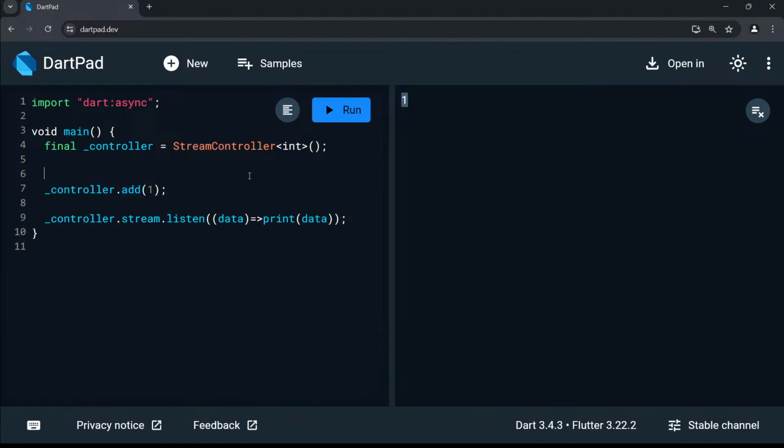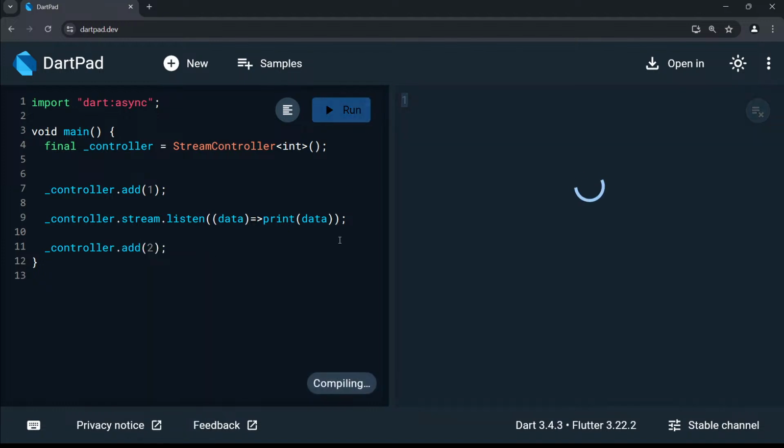How it worked is you created the controller and added 1 to it, and since you are listening, as soon as it ran, it saw that something was added, so the data came and you could print it out. Even if you do the addition after this, controller.add(2), and run this,